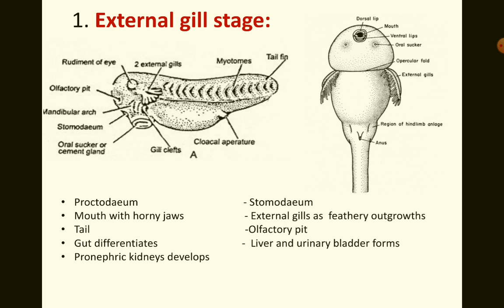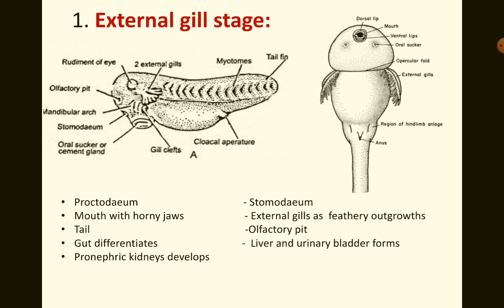The stomodeum begins as an invagination on the ventral surface of the head just in front of the suckers, and the stomodeum also gets connected with the archenteron, completing the formation of the alimentary canal, and its opening forms the mouth. Thereby the alimentary canal will become complete, starting with mouth and ending with anus. The mouth develops horny jaws bearing strong rasping papillae or teeth, which are present in several rows, because the larva is now able to scrape vegetable matter and chew leaves, as it feeds on a herbivore diet.